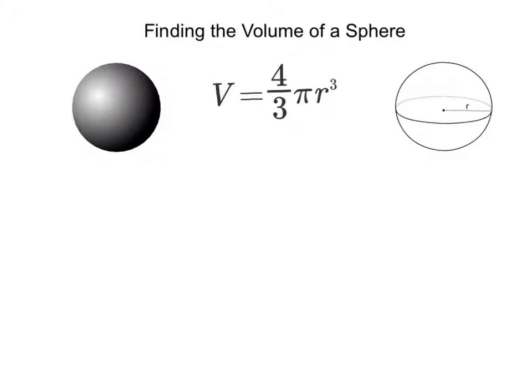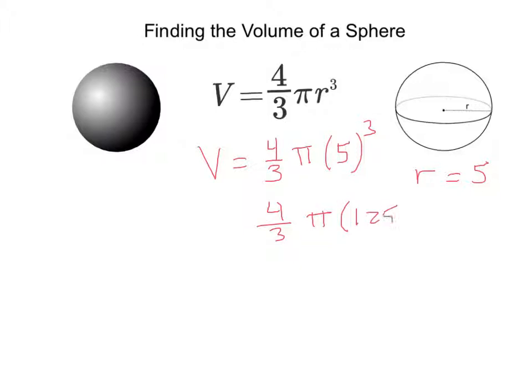Let's say that the sphere off to the right has a radius of, say, 5. I would merely put in the 5 for r. So V equals 4/3 pi times 5 to the third power, or cubed. Following the order of operations, I would have to multiply 5 by itself 3 times. So that becomes 4/3 pi times